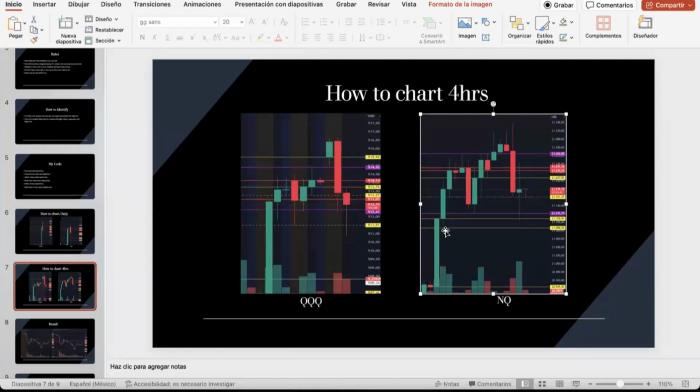So I mark the low wick and I mark the opening here. Why don't I mark this close and the high wick? Why not? Because